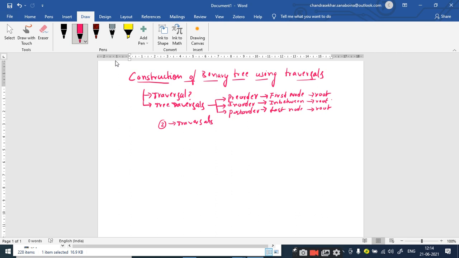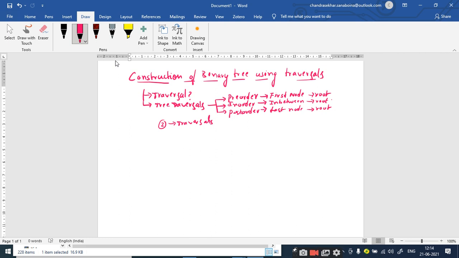In the case of binary search tree, we need to have one traversal. So if we have one particular traversal, we can construct the unique BST, that means unique binary search tree. But for constructing the unique binary tree, we require minimum 2 traversals, right?